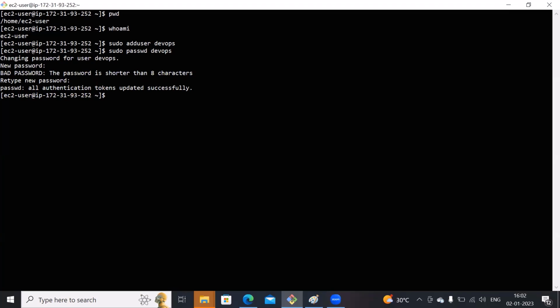Okay, so now what I can do is use sudo usermod, which is user modification. You can give switches: -a stands for adding the user, and capital G stands for adding the user into the group. So here initially you have to mention the group name, that is root. Okay, so I'm going to add the user devops into the root group. So now we have the user devops added into the root group. So now